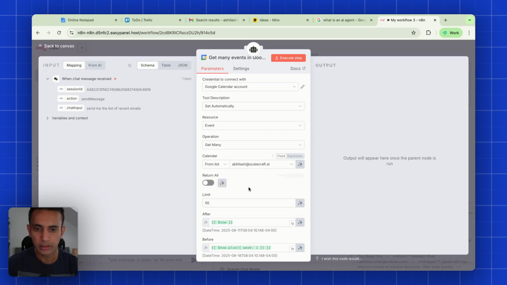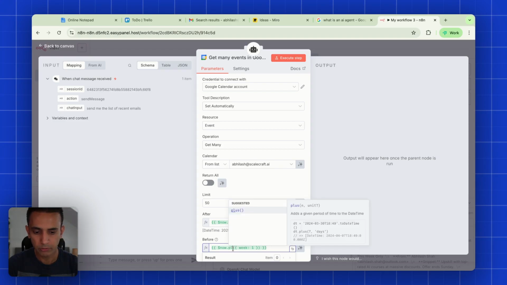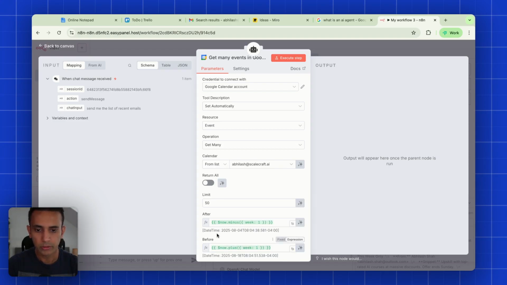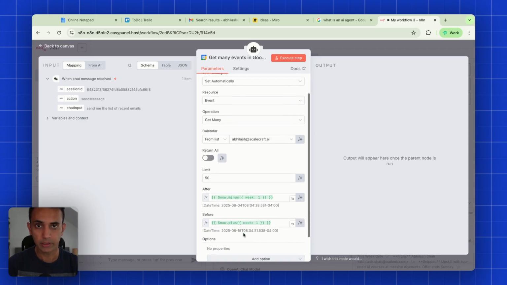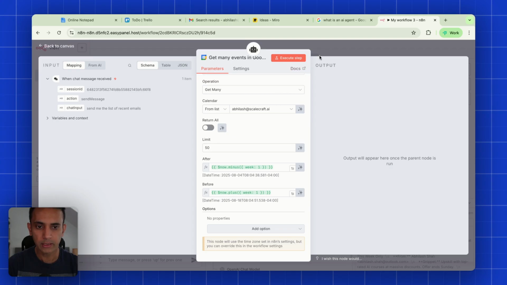I'm going to say get it from my current calendar, and the way I would configure after and before is, rather than saying after now, I want to look at all the meetings from last week until next week. So I want after last week and before next week, which is I will say +1, right? So it's going to take current date time minus 1 week and set that as the after and before date. With that, now let's move on to